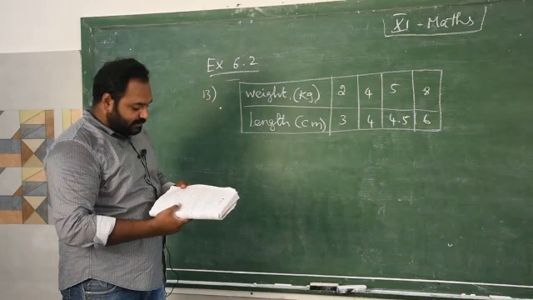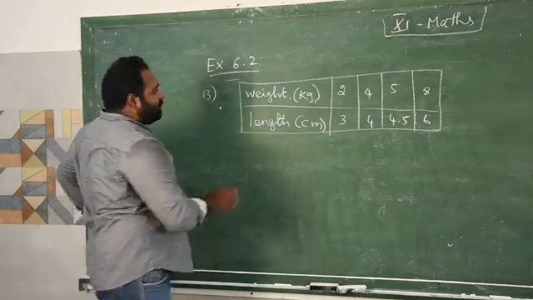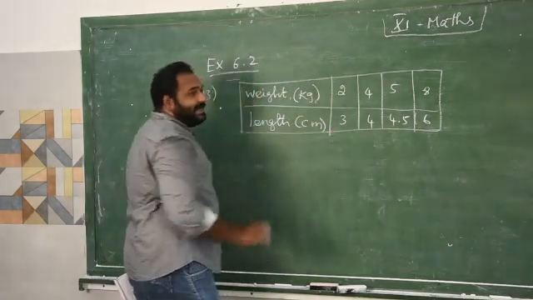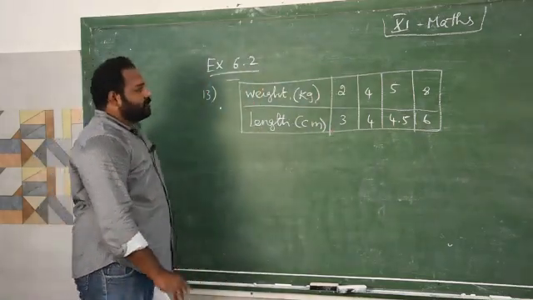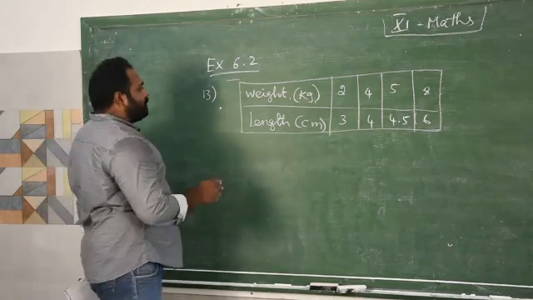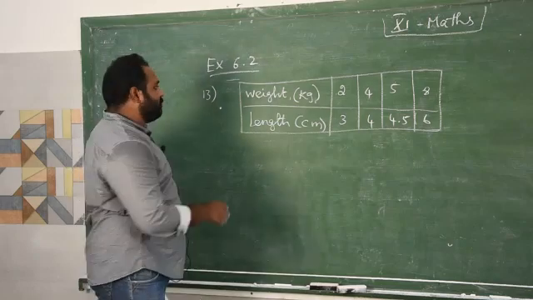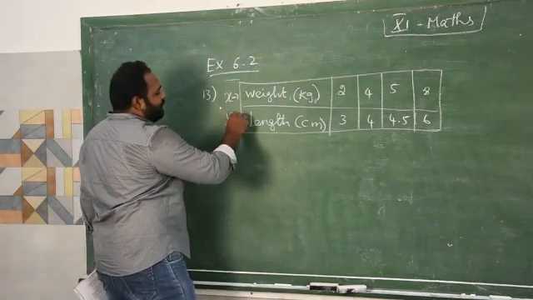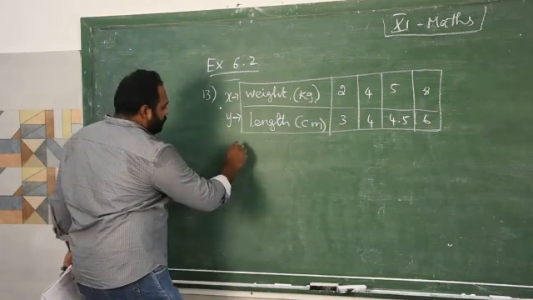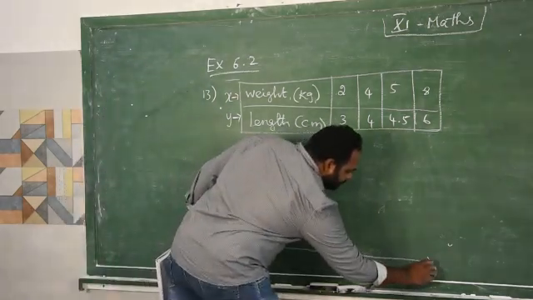The first subdivision is draw a graph showing the result. They are asking to draw the graph for these data. So we know how to draw the graph. Already we have studied how to draw the graph. So here if you want to draw the graph we need x values and y values. Here I am going to consider x as weight, y as length. Now construct x axis, y axis.